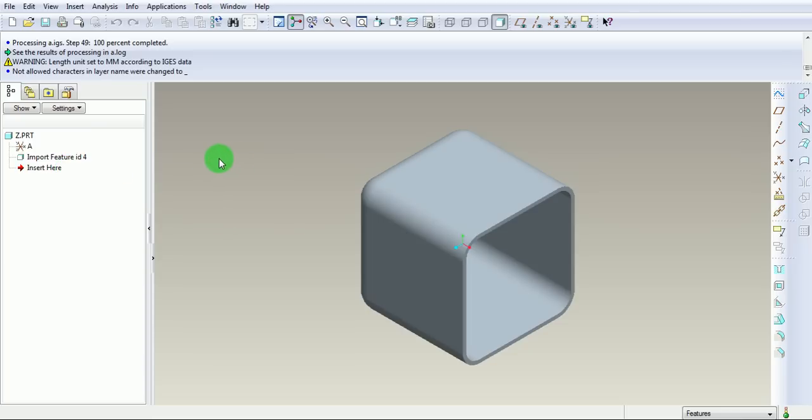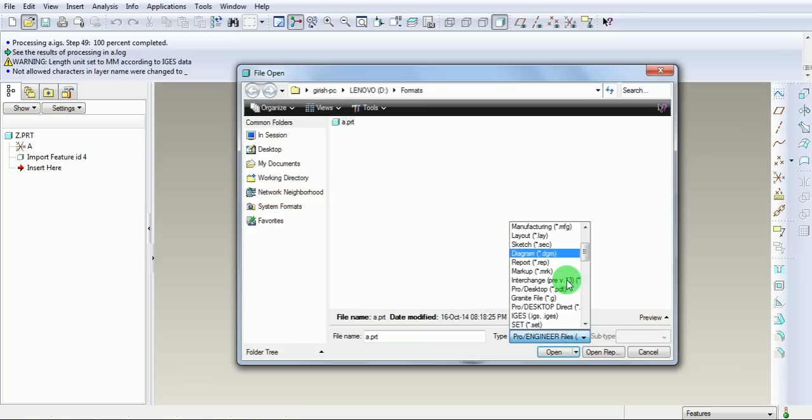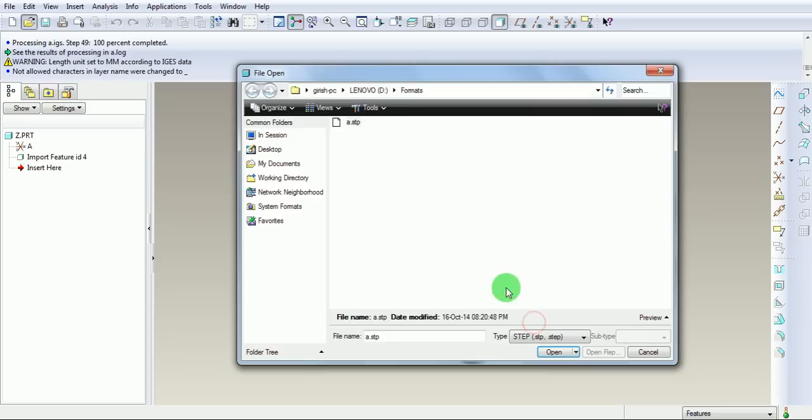Similarly, if you want to open a file which was saved in a neutral format like step, pick on File, Open, select the desired format, that is step. In this folder there is one file existing with the format .stp.